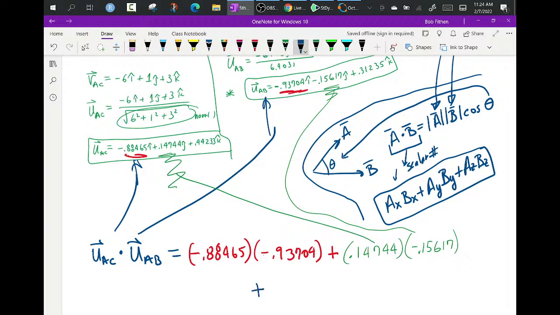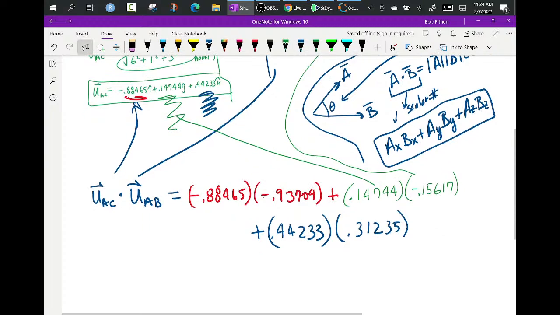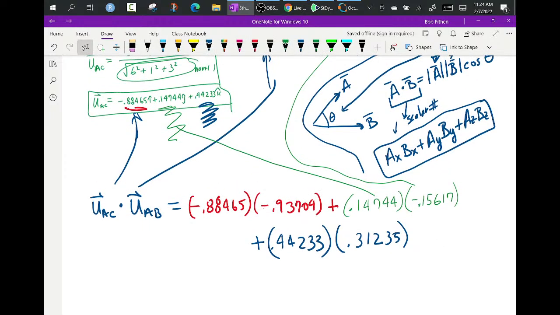And then I got one more to do, and that's the Z component. So here's your Z, 0.44, and I hope I'm copying these down right. That times the one over here, 0.31235. Okay, so I can go ahead and multiply those out, but what's interesting is